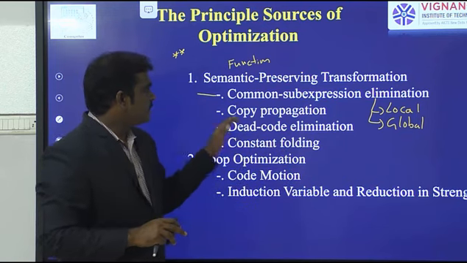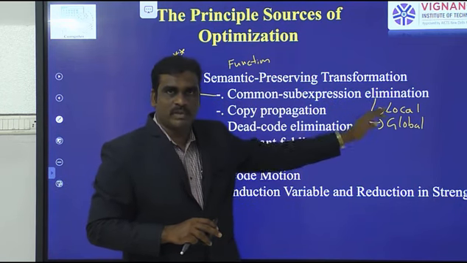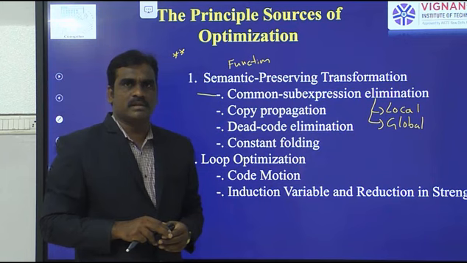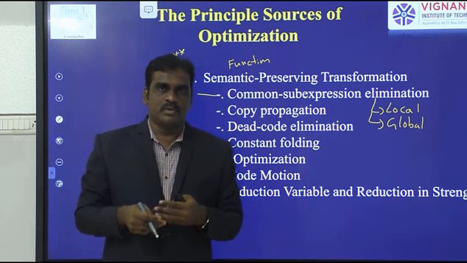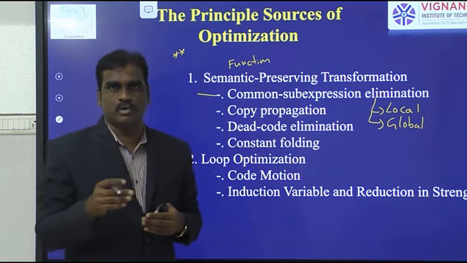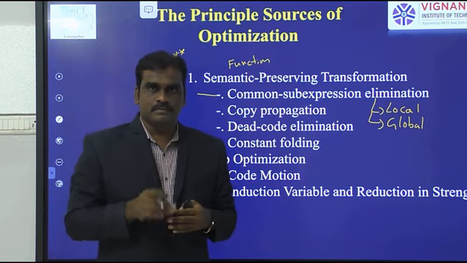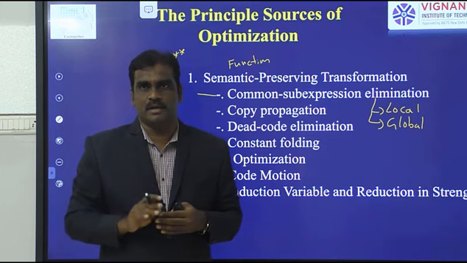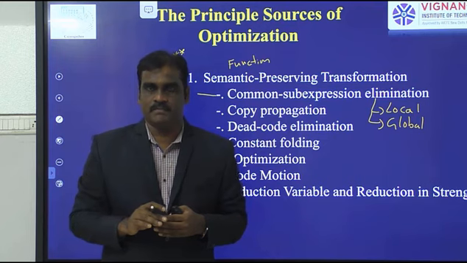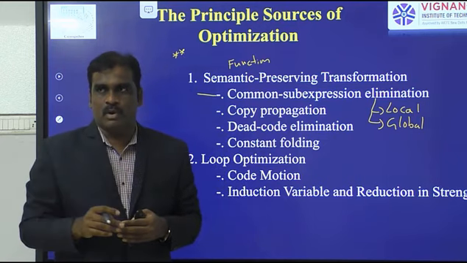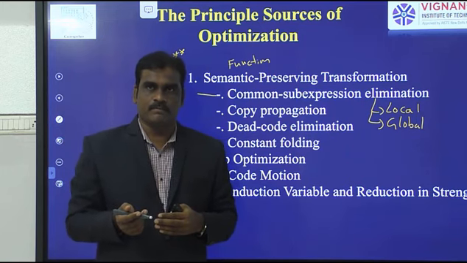In the first point, common subexpression means first we have to eliminate local ones. Local means taking individual blocks. Suppose the input graph contains 5 blocks: block 1, block 2, block 3, block 4 and block 5. First take block 1. Is any common subexpression there or not? If a common subexpression is there, then we have to eliminate it. In the same way, take block 2, block 3, block 4, block 5.